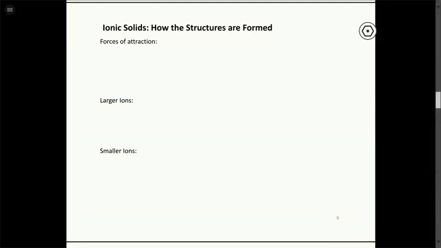All right, so just a little bit of review about how they're held together. Remember that ionic compounds have discrete ions, and they have very strong forces of attraction that hold them in place. So the ions are held in the structure by these strong charge-charge interactions. We call these Coulombic interactions when they involve charged particles. So we have strong forces of attraction between the opposite charges.